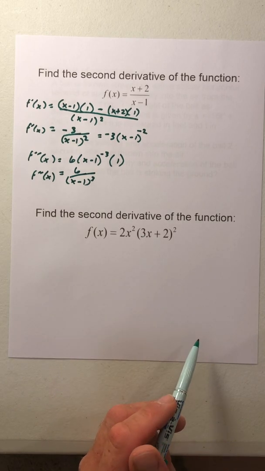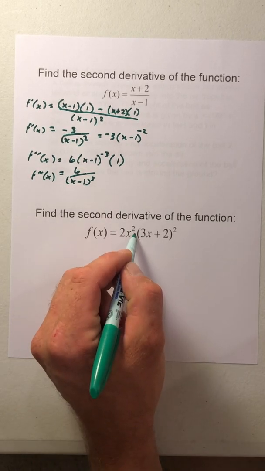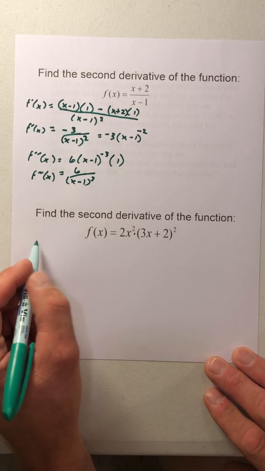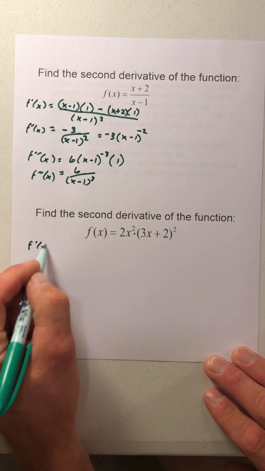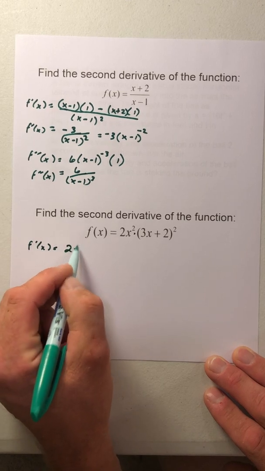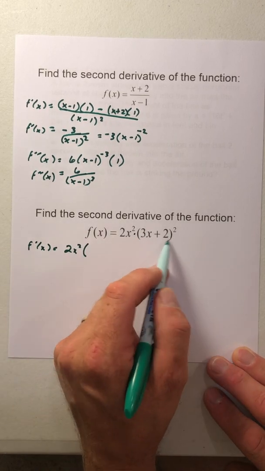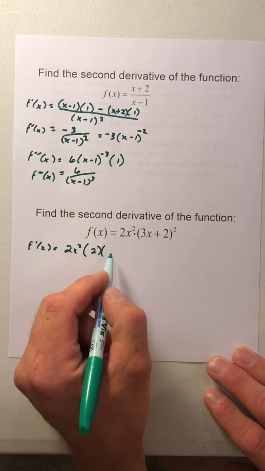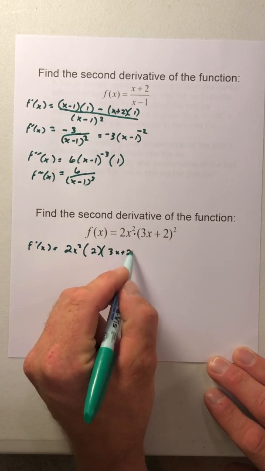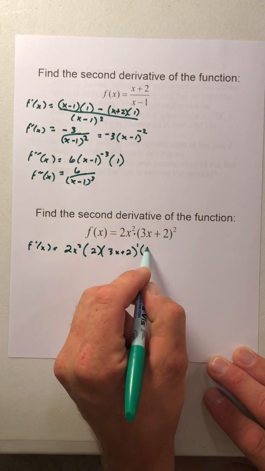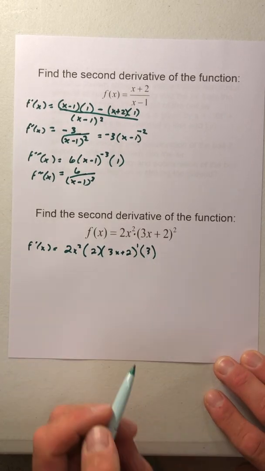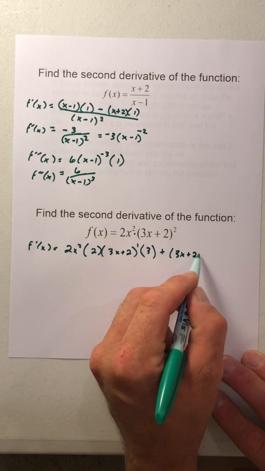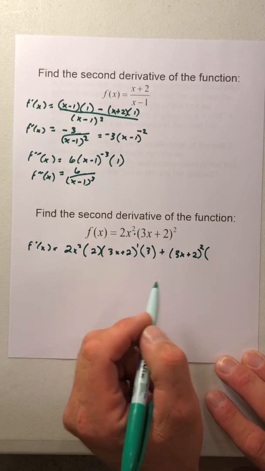Here we have a product rule with our second derivative. Notice we have 2x squared times (3x + 2) to the second. So first derivative first, product rule. We have 2x squared. Derivative, we have a chain rule, so we're going to bring the exponent to the front. The function's going to stay the same, decrease the exponent by 1 times the derivative of the function, which is 3. To that, we're going to add our (3x + 2) to the second, and then derivative of 2x squared,